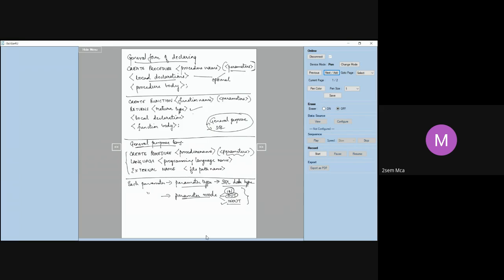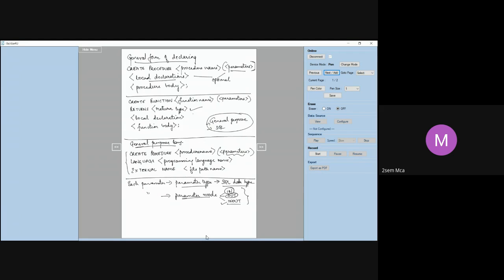Is it clear? Every parameter should have a parameter type. Parameter type is nothing but the SQL data type, one of the SQL data types that each parameter should take, like number, varchar, date, time. Apart from the parameter type, every parameter also has a mode, which is of three types: in, out, in out.